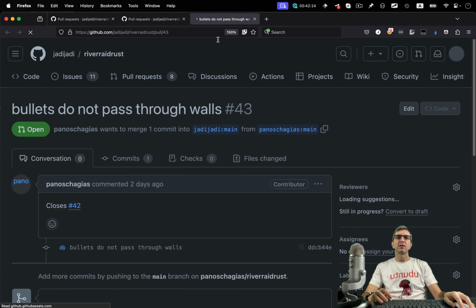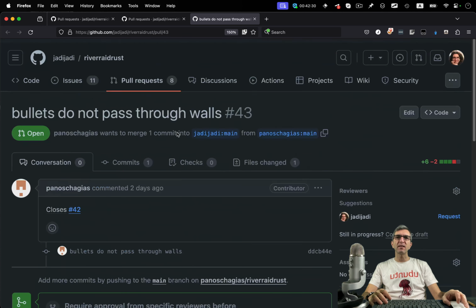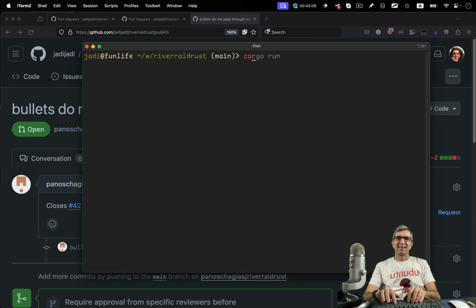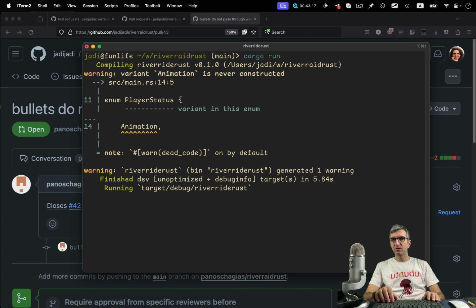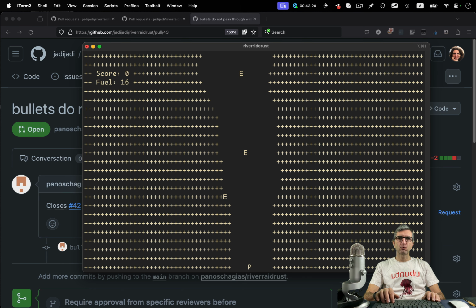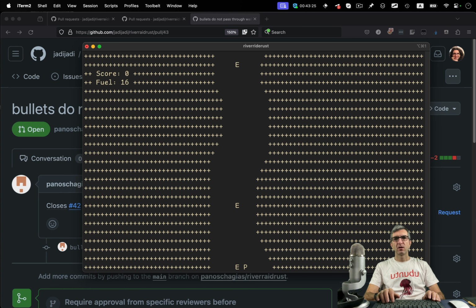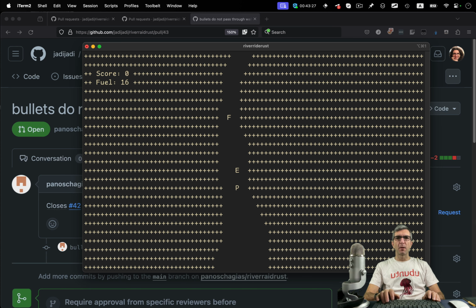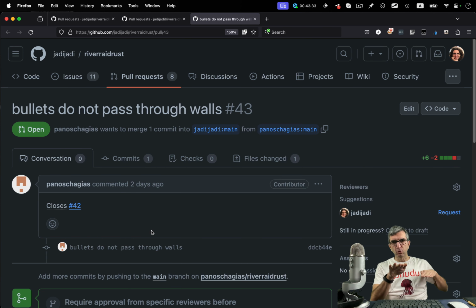This is important. During the latest video, I've said this, that we should prevent bullets from going through walls. In the current status, when I'm shooting, my missiles or bullets, easier, are passing through walls. So if I shoot here, it goes through walls, which is not good because I'm a boat in a river and I should not be able to shoot something through the river side.